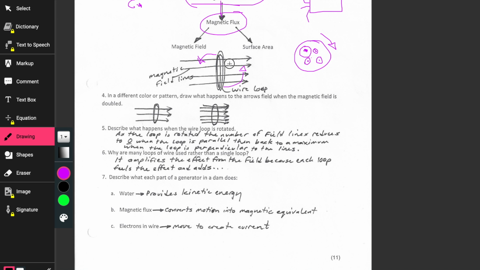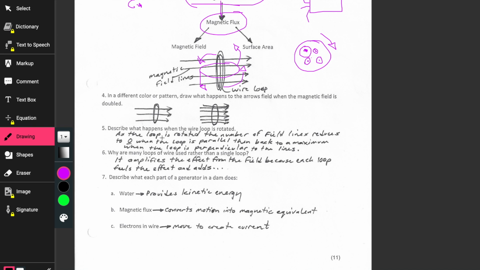So eventually I will have this loop perpendicular, but it'll keep spinning until it's back like this, keep spinning it. That's one way to make it look like this field stuff is changing, and we'll get electricity going around this